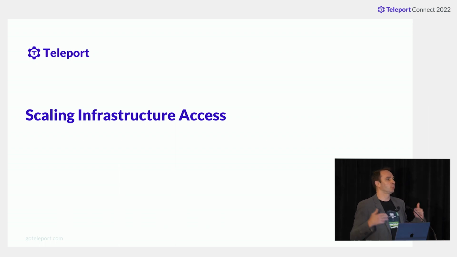But the world changes. Organizations scale. We're processing more and more data. And the early founding team of Teleport, our engineers who started this company, came from hyperscalers, from organizations that operate at a scale that has never been seen before. And as you scale, access breaks. It needs to be reinvented continuously. And the lessons that we've learned by scaling access are what I'm going to share with you right about now. All right?